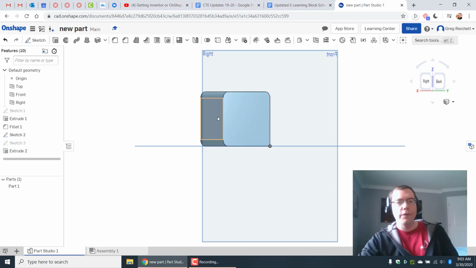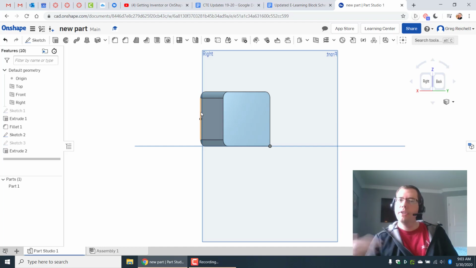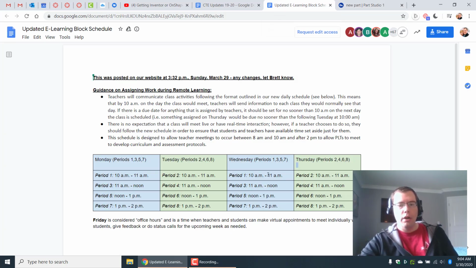For this product, I absolutely understand this is not the same thing as Inventor, and it might take you a little bit longer to figure everything out and how this works. Again, that's why we're going to be having our Wednesday and Thursday meeting times, where I'll send out a Zoom meeting and then we'll be able to meet as a class, and hopefully I'll be able to help you figure